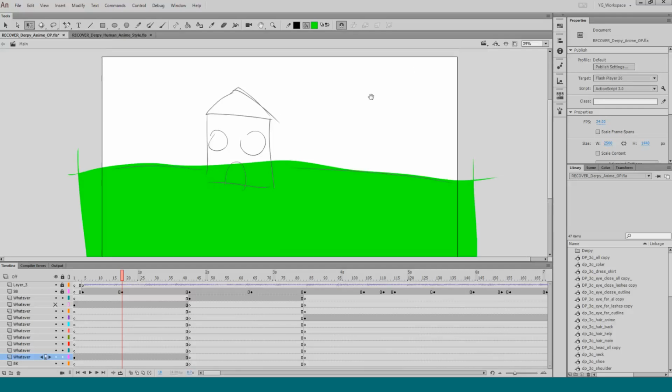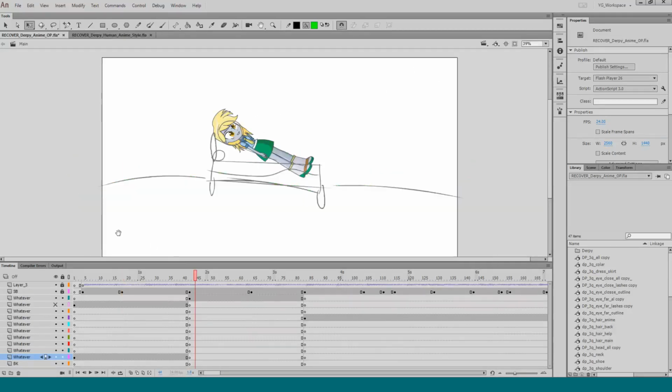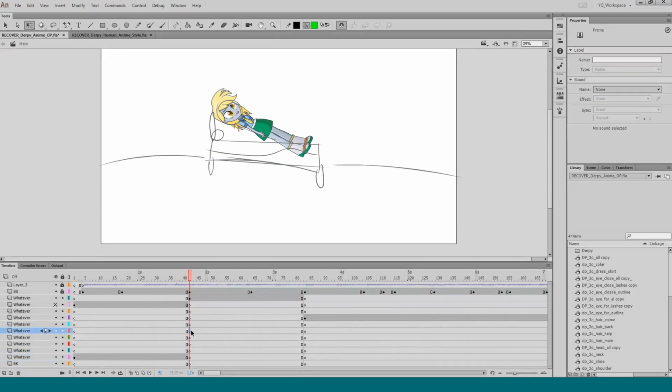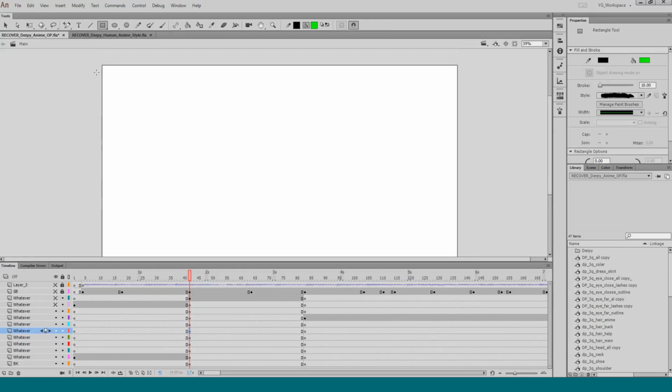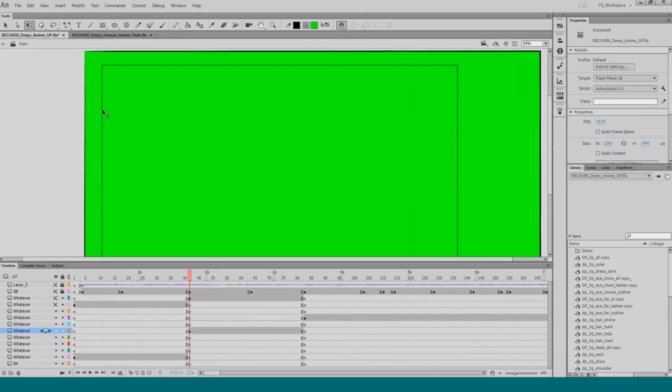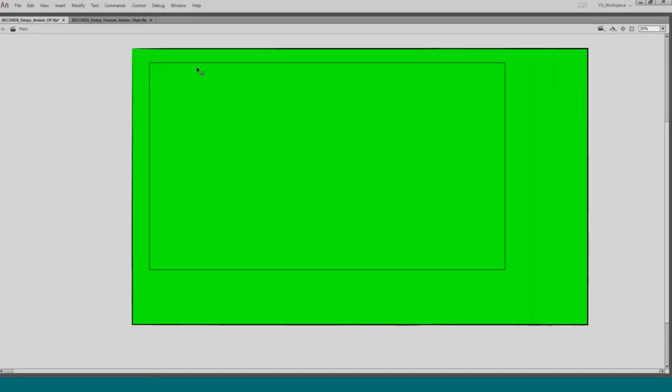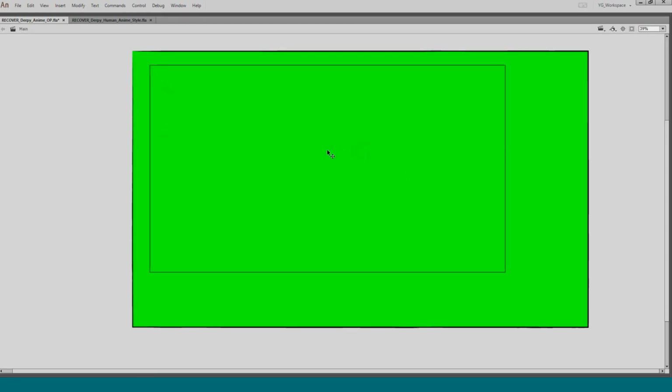So if I had a big background that would cover everything like this, it wouldn't have this black box here. So I wouldn't know how big my stage was.